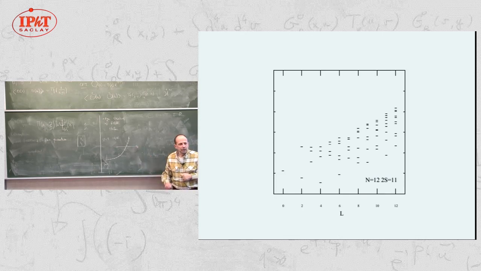So I have fully occupied orbitals. That's the nu equal 1 integer quantum Hall. And then I have empty orbitals. And the Fermi level is somewhere here. So that's the situation in which you see a plateau in the quantum Hall state. The Fermi level lies in the localized states, and there are localized states here somewhere on the left.